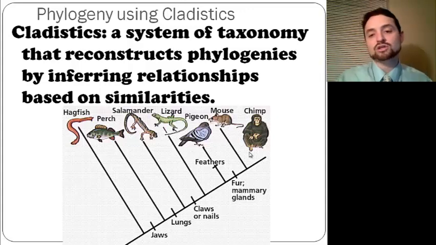So if you look at this picture and you say, well, what is most closely related evolutionarily, you would go with the two that are most closely related or have the most derived characteristics. So the mouse and the chimp would be more closely related than, for instance, the mouse to the bird or even the mouse to the lizard. The mouse and the chimp would have more in common. And it would definitely have more in common than, let's say, the perch and the bird. That's an obvious one. But when you're looking here, you say the most closely related individuals are the ones that share the most derived characteristics.